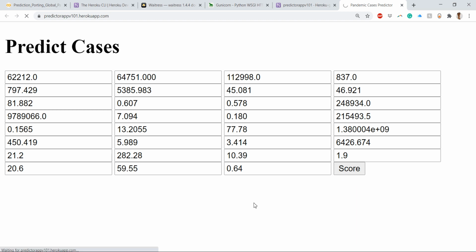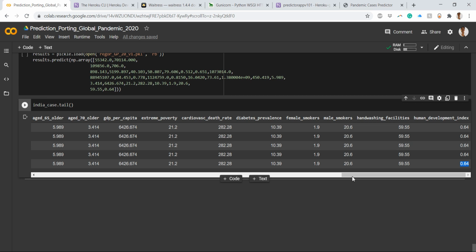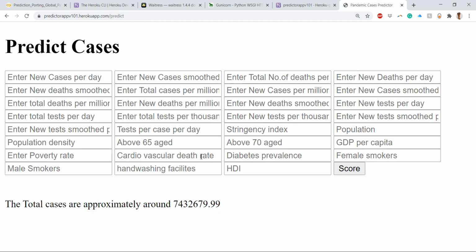Okay, and if I just click score, it went to predict, so it is working fine. Just see the approximate cases that it predicted are around 743267.99. If we go here and check what our data frame has to say, this value is 7432680.